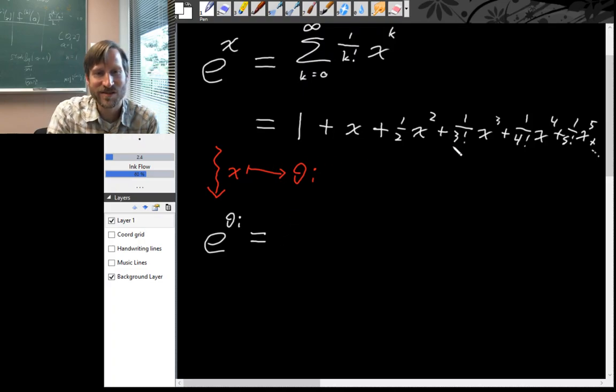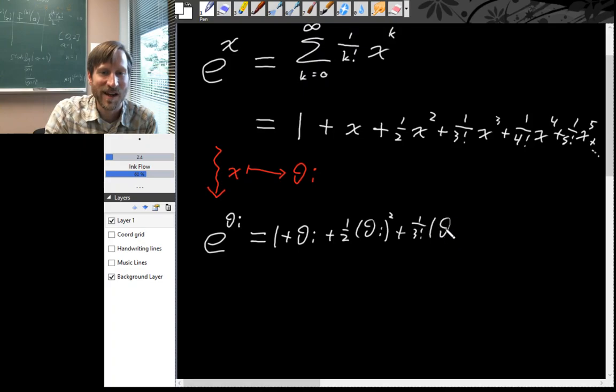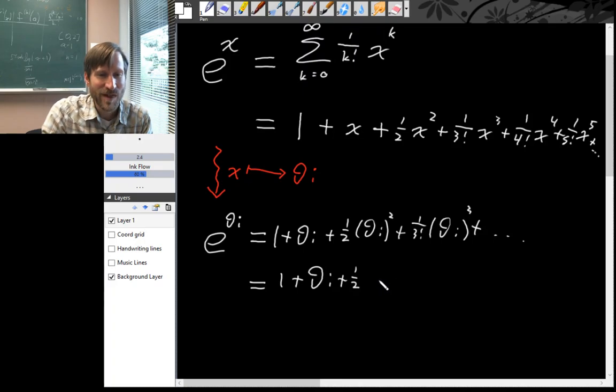And the right-hand side, well, let's just plug it all in. We get 1 plus theta i plus 1/2 times theta i squared plus 1 over 3 factorial times theta i to the third plus, and so on. I'm going to stop there. And then, having these i's with exponents, that seems like something we could simplify because we know what the powers of i are. So this is 1 plus theta i plus 1/2 theta squared